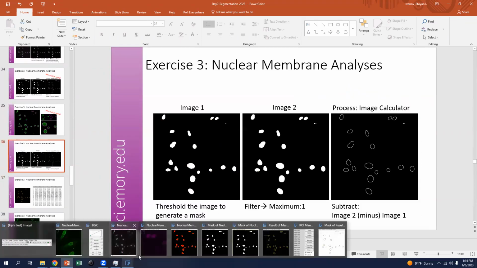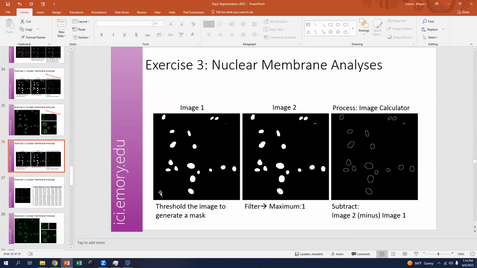But who hasn't been able to get to this point? Does anyone have questions? Take a bit longer to work on it. And while we're walking around, helping everyone, go ahead and get the measurements from the original channel. The nice thing about this is that it also allows you to make, like if you want the outline,